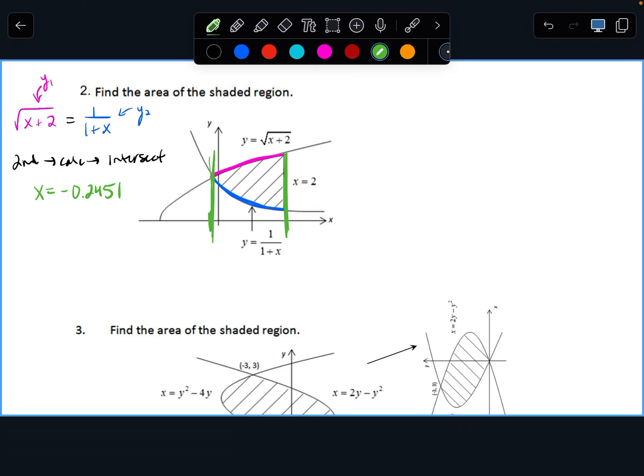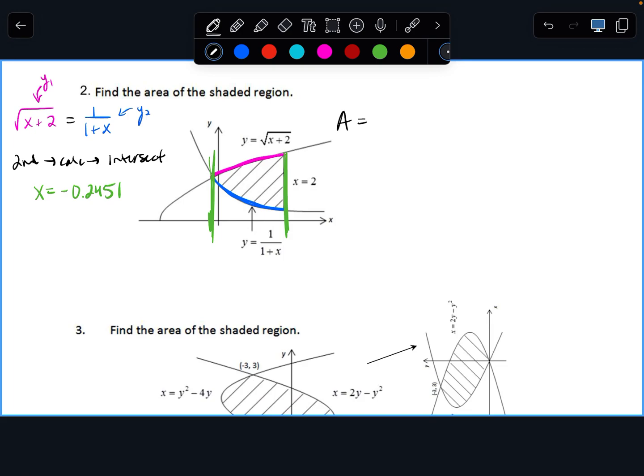Are you changing the problem from using calculate to just intersect? No, I'm not done yet. This is just part of the problem. Yeah, we're not done yet, because we still have to find the area. So now to find the area,